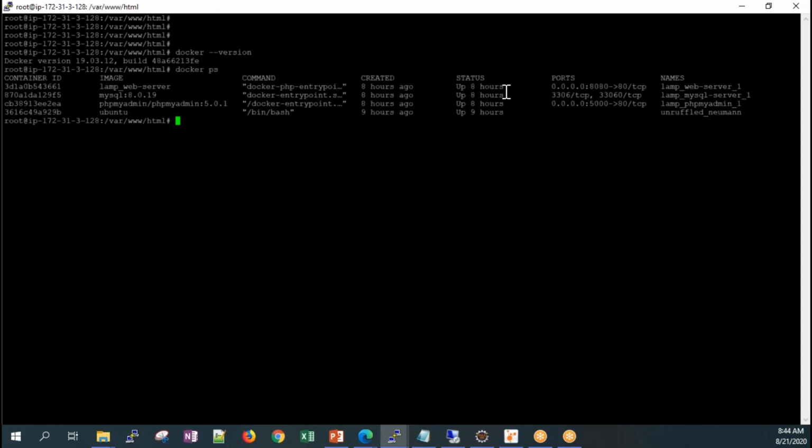Yes, I deployed this yesterday night. In 5 minutes, we have this LAMP server, web server, MySQL. So it's a real-time application. I'm not talking about one simple web page here, I'm talking about a real application. We will install Docker Compose, we'll have our YAML file, and we will do that. So if I have to show the YAML file, just hold on.